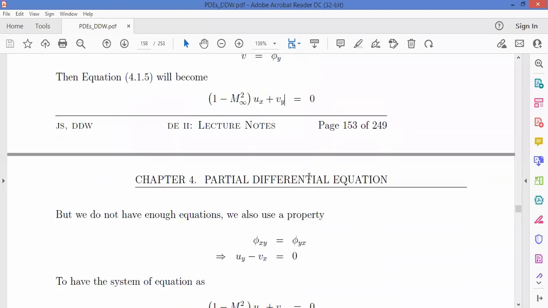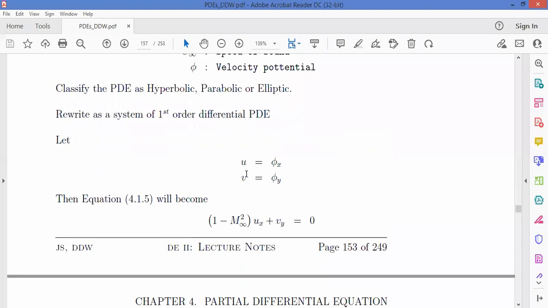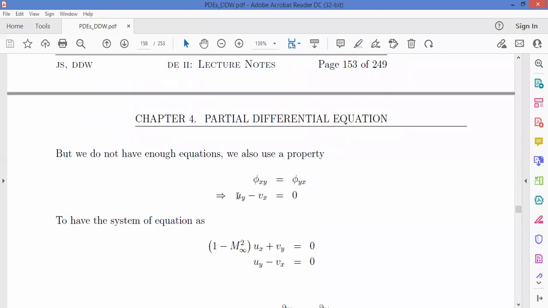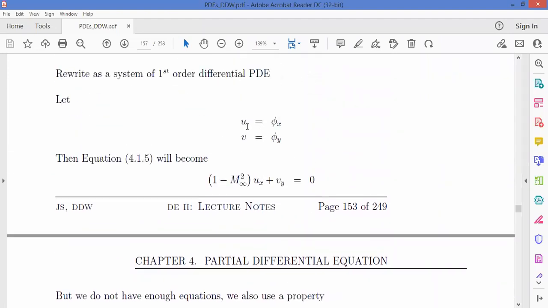Is it the v_y? u_y, v_x, that is if you commute. Because if you look at this second equation here, I hope we are together, guys. If you look at this equation with respect to what we have up here,